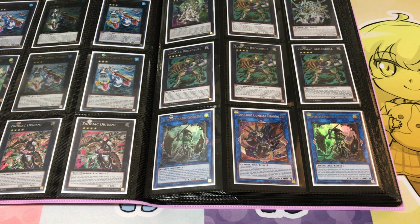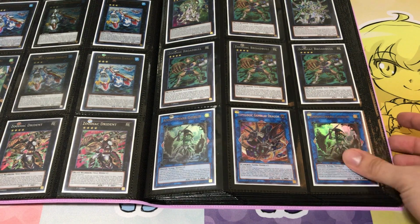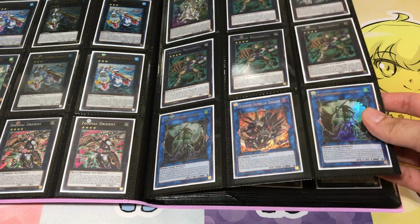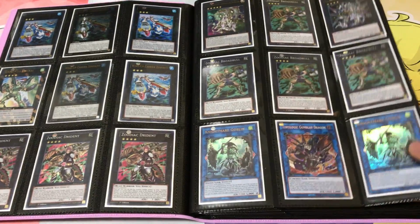Yeah, it did come before Firewall, I don't know what I'm talking about, but I had one that I used myself. There were some actual Fire Fist plays that I would have loved to have tried out if we ever had gotten more of the support beforehand with Goblin, but sadly it was hit before any other cards could come